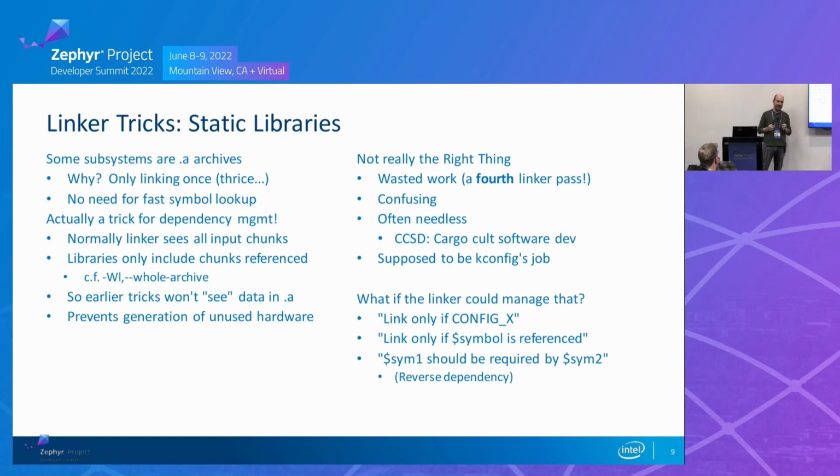That seems to be the way subsystems work. So I'm going to make a library. C makes it nice and easy. It seems tidy. It's sort of a mistake, right? It's clearly wasted work. But the real reason we do it, and this is actually used at least once in the kernel and probably in a couple of other places too, is that it's this kind of terrible hack for dependency management. And this is where that file comes in on your